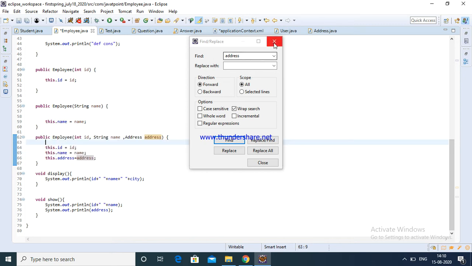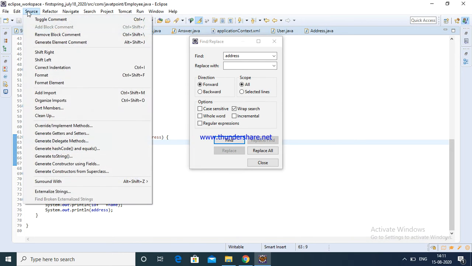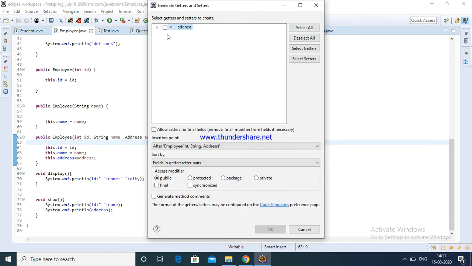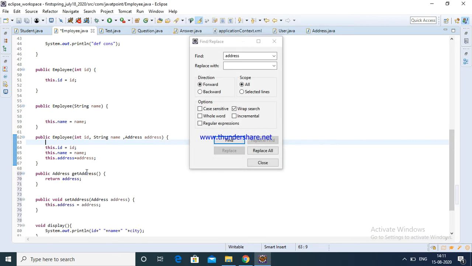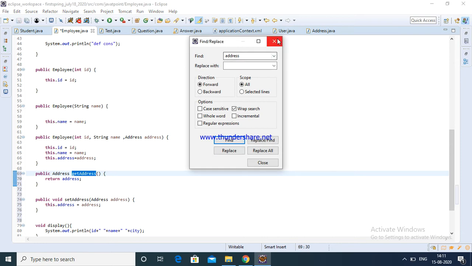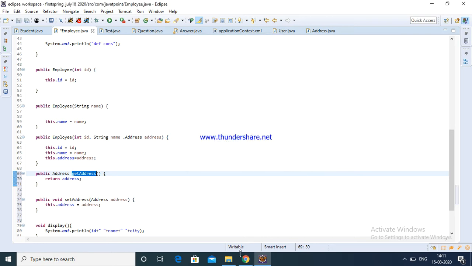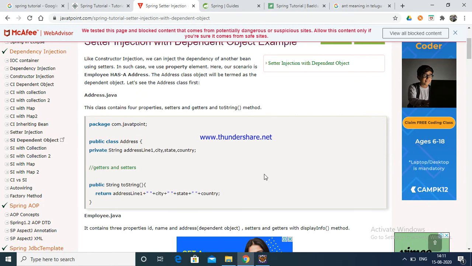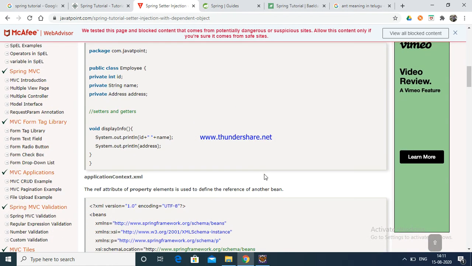I am going to try to save it. Now I created the getters and setters in the employee class also. Otherwise you can just copy and paste this code, it will work.